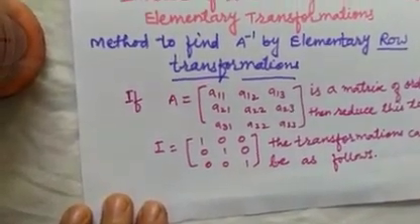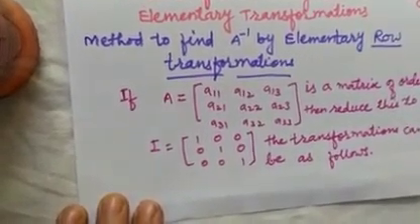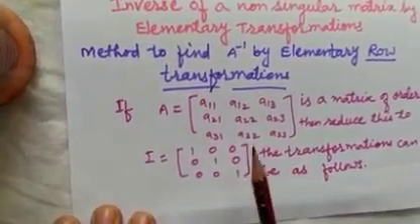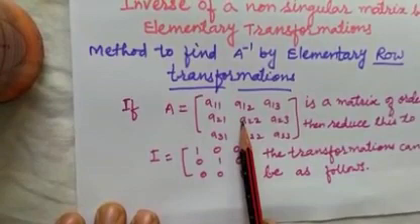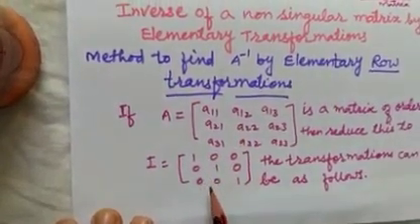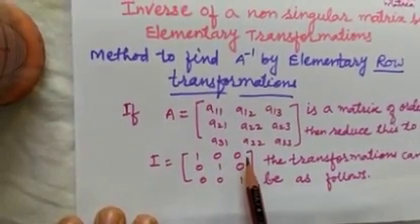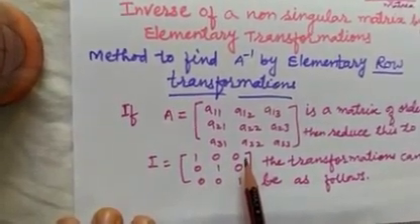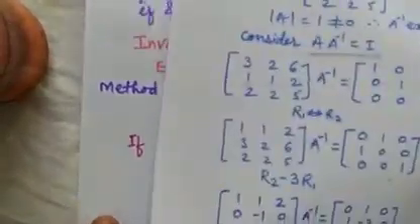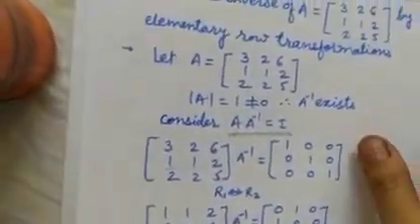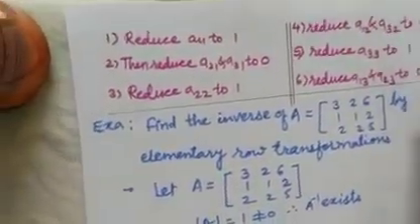Now there are some steps to find the inverse in such cases. We have to remember that the given matrix should be reduced to the unit matrix form. Then only can we say we have found the inverse of that matrix. Till then we have to follow the steps for finding the inverse of a matrix. First of all, what to do? See the steps.